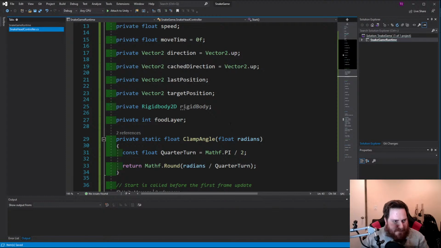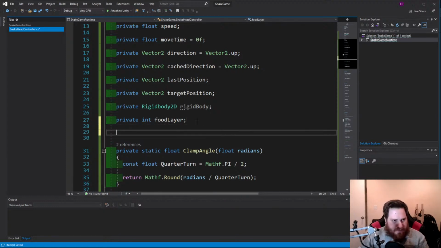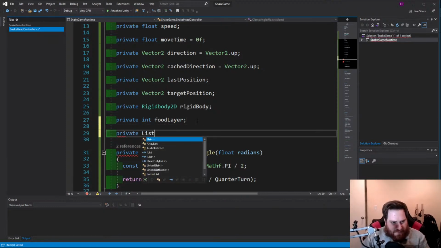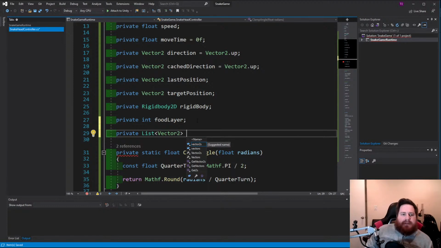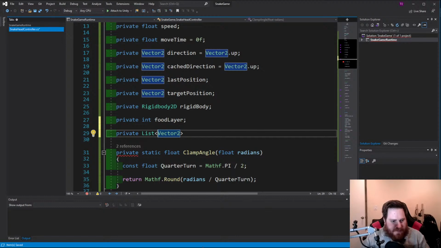And private List of Vector2. Oh, what should we actually do? We should do a to and from. So let's go back into Unity and